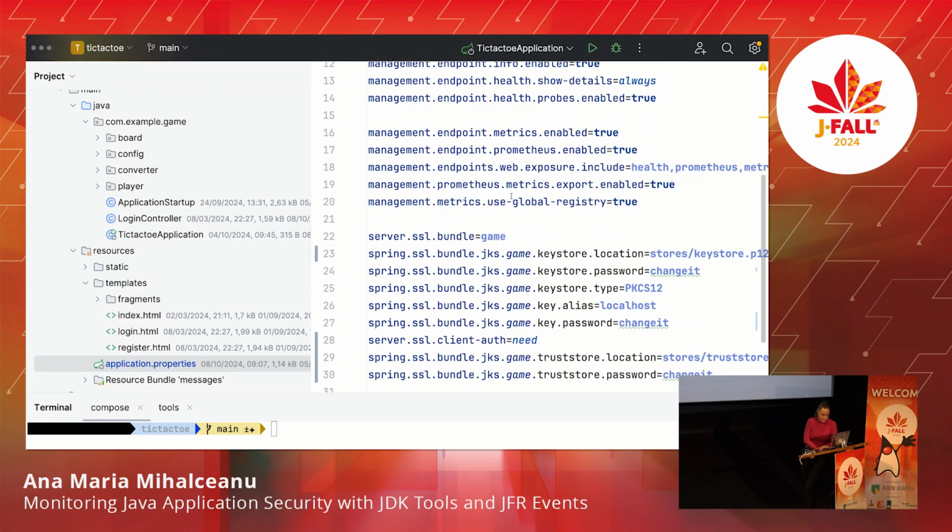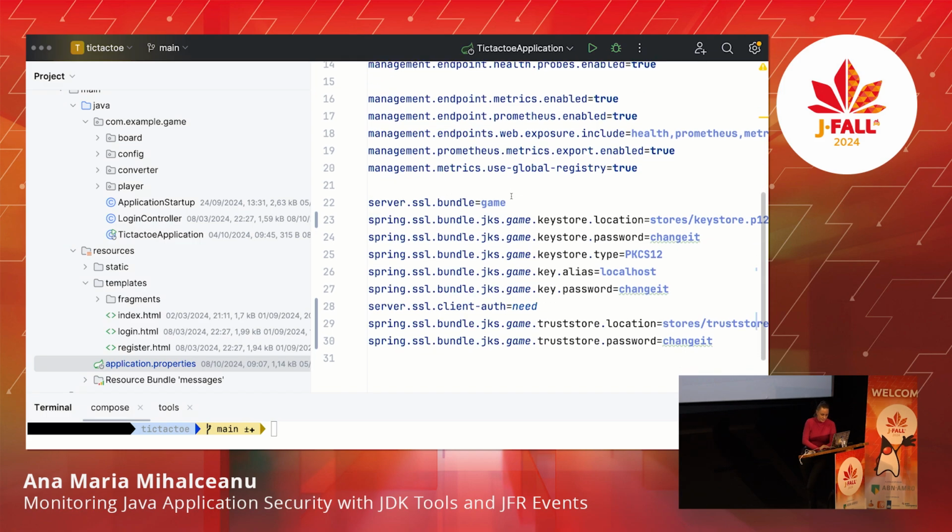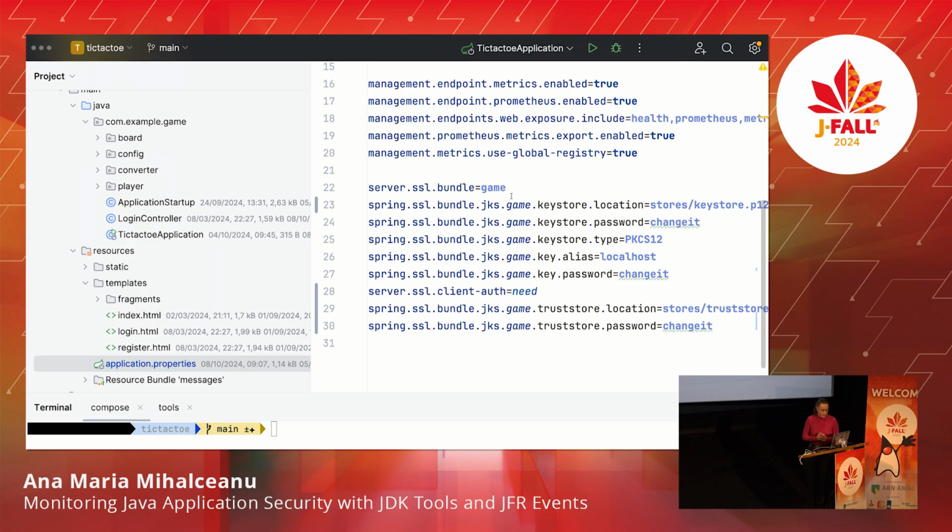And I just left a little bit the defaults for the metrics. But the important part, security, right? So that's why we're gathered here. Now, for the security part, as I'm using one of the latest versions of Spring Boot available there, I went for the new and cool SSL bundles. So I configured security using an SSL bundle, and that made my life a little bit easier in terms